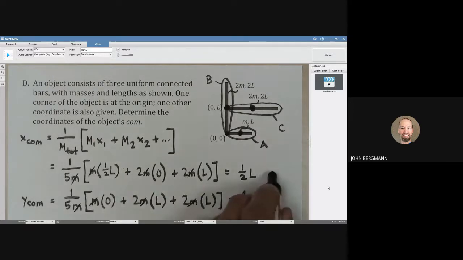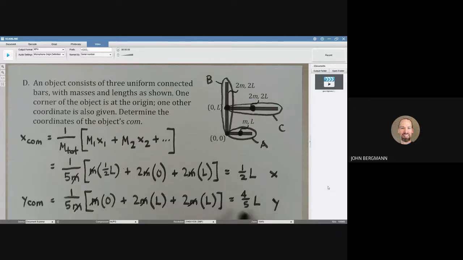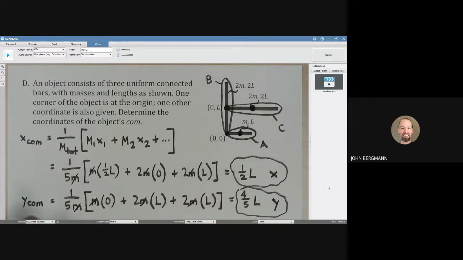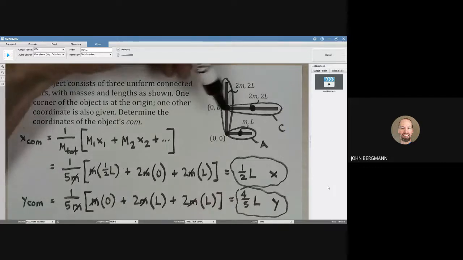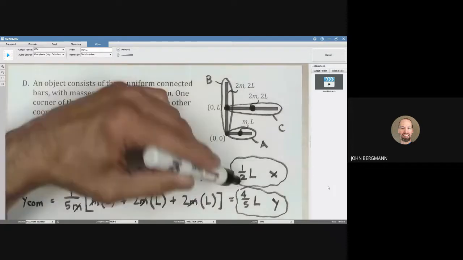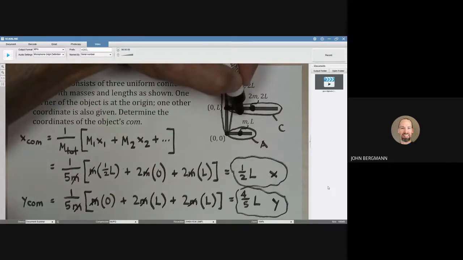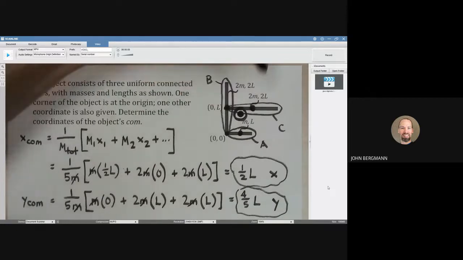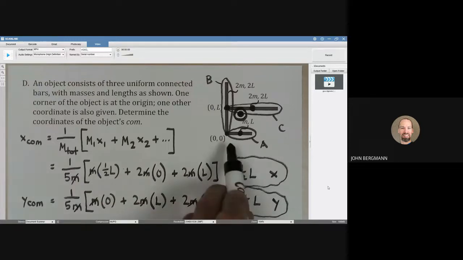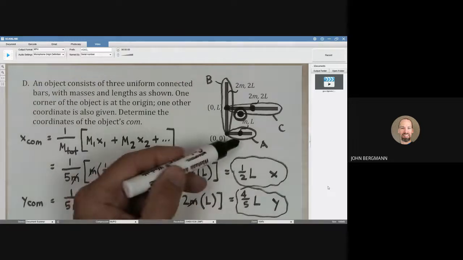So there's the x coordinate of your center of mass. There's your y coordinate of your center of mass right there. On this diagram, where would the center of mass be? It would be the x coordinate is 1/2 L, which is right there, and then it would be 4/5. So right about there. Right there. That's where the center of mass of that crazy looking object lies. 1/2 L to the right and 4/5 of an L